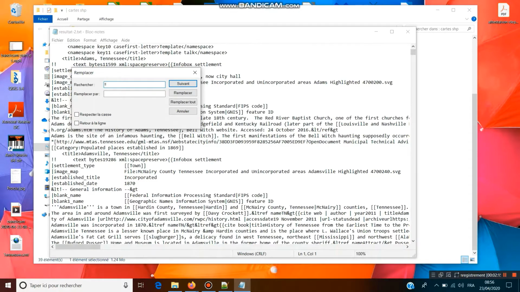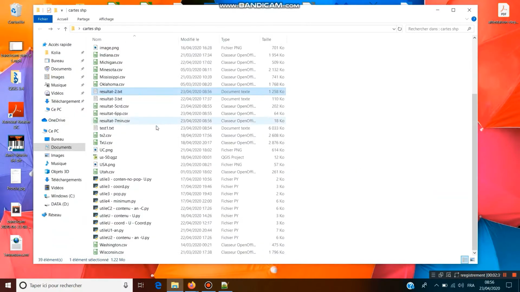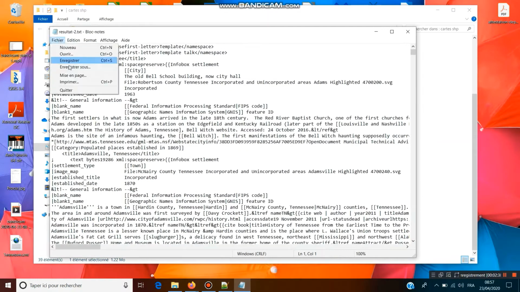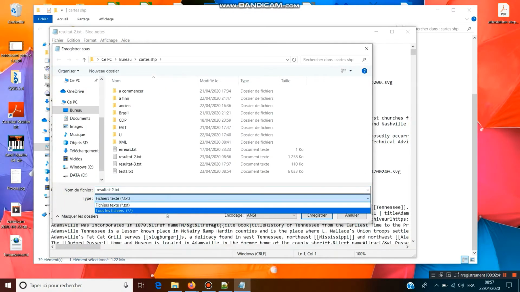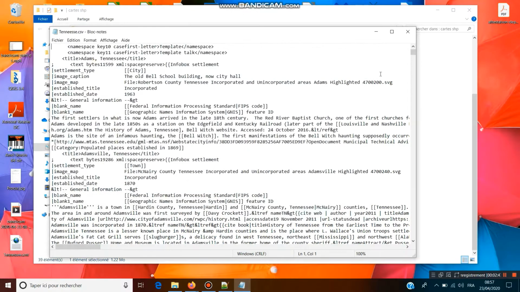Then we'll replace the double exclamation points that the script put for us with semicolons, and we'll save this file into a CSV file. Like that.